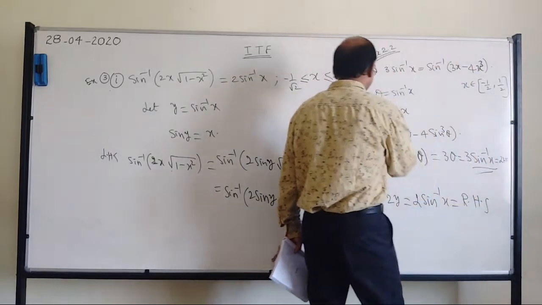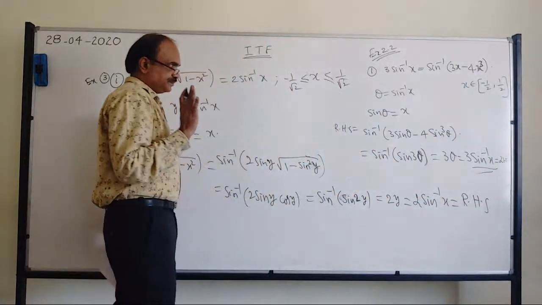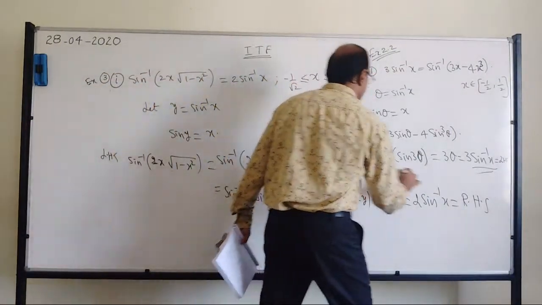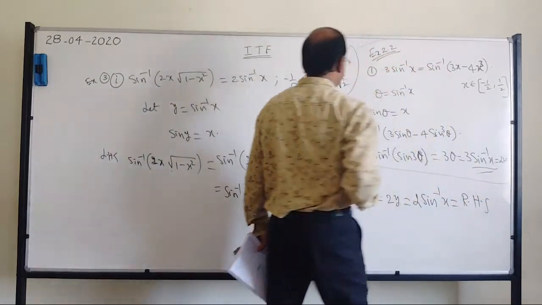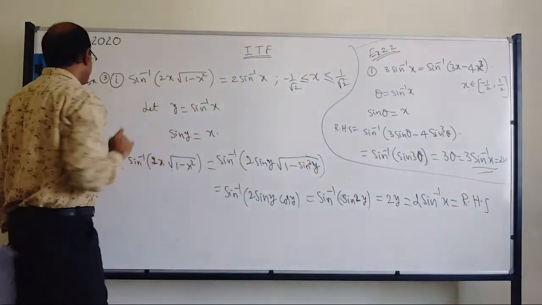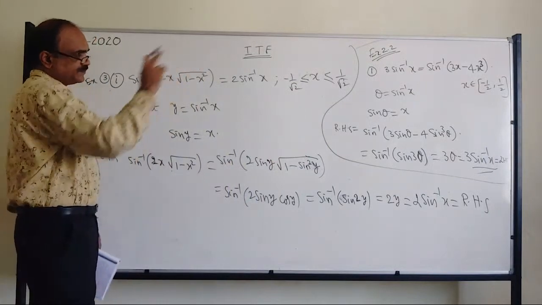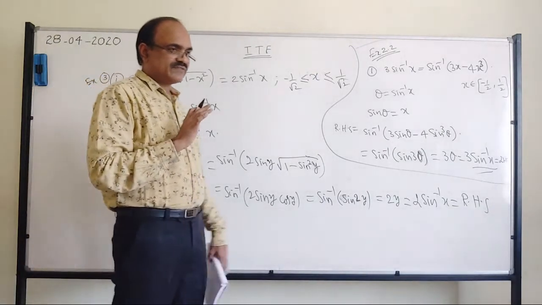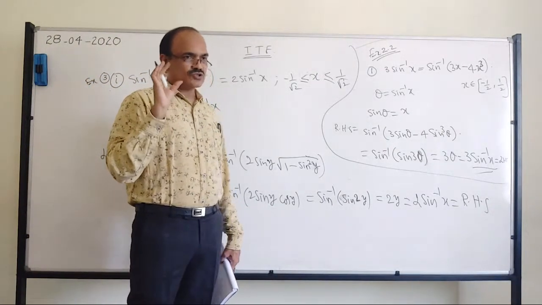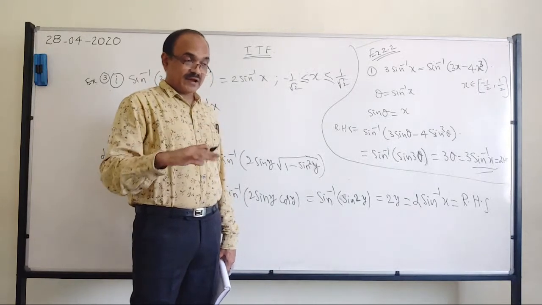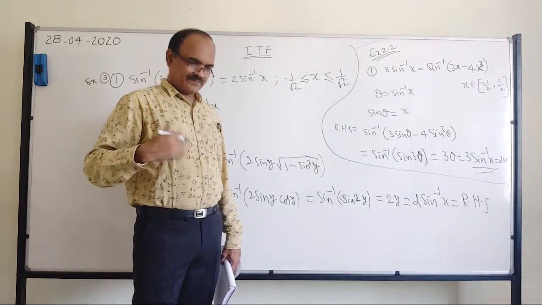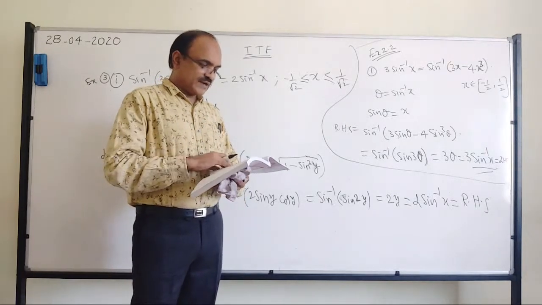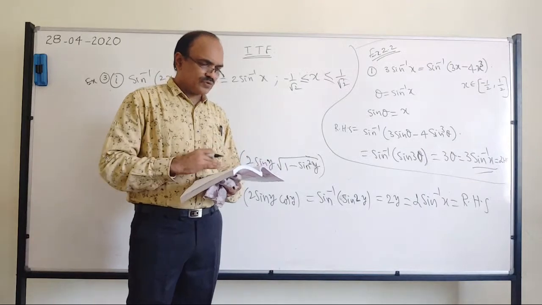Okay, like that you can do the second problem, same fashion. Whatever we are doing right now here, it is the same technique. So that is the homework: in example 3, part 2, and from the exercise also the second question. Now only one property is left, that is with respect to tan. So tomorrow we will discuss that, and there are many problems based on that. We will solve all those problems tomorrow. And also if you get some chance, you can go through that property.